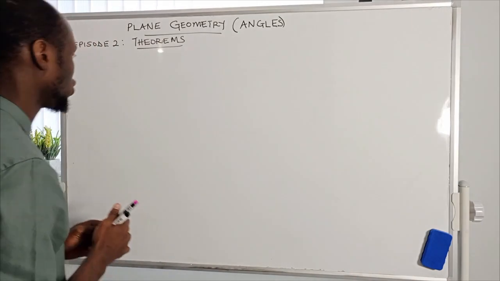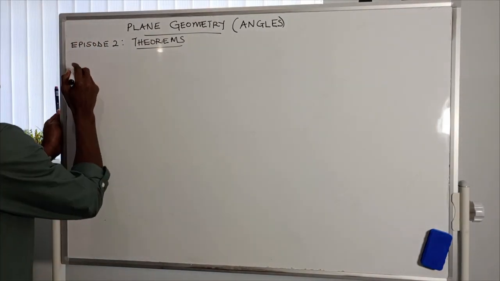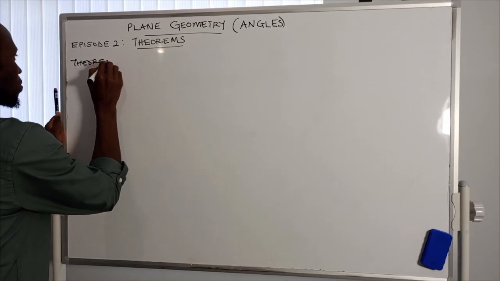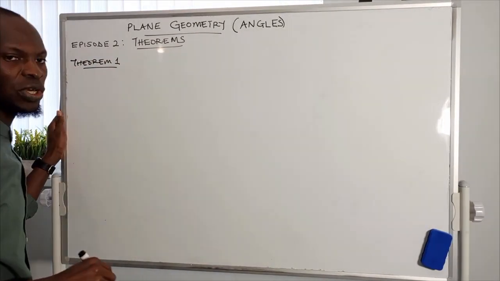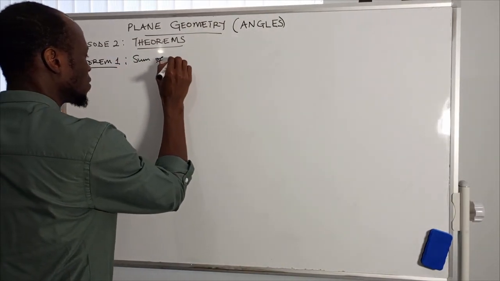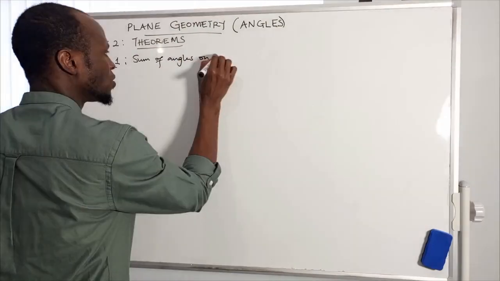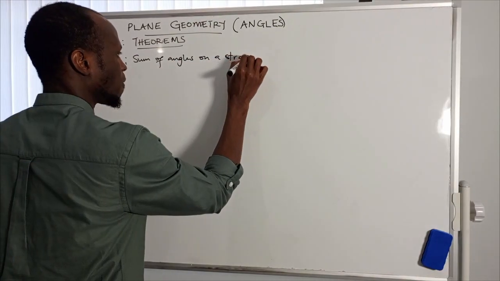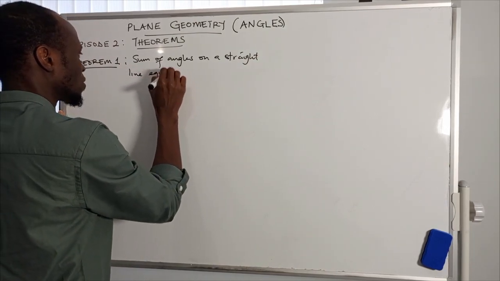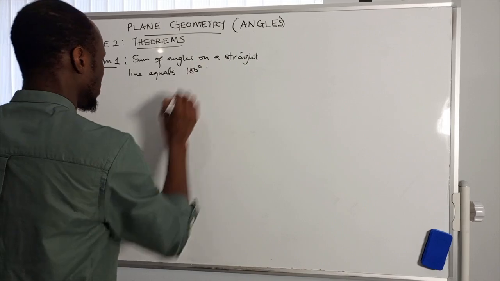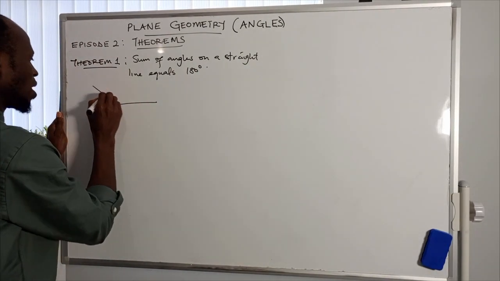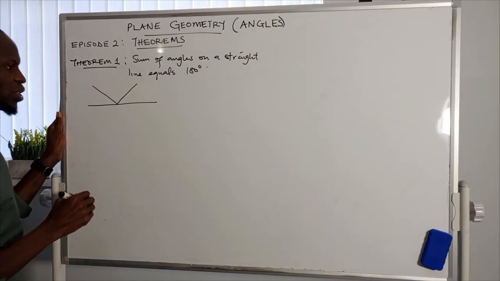Now we start with Theorem 1. Theorem 1 says the sum of angles on a straight line equals 180 degrees. Automatically, when we have a straight line and we have different angles on that straight line, if